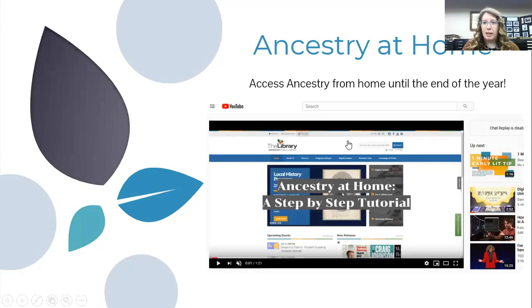Then I wanted to highlight some resources that you can get from home. I'll move my face out of the way. Ancestry at Home is available until the end of the year, December 31st. This is just on a trial or period-by-period basis. So if Ancestry decides to extend this, as they certainly might, that might also be an option for the beginning of next year, depending on how everything goes. So you can access Ancestry from home. It's really amazing. I'm going to actually share